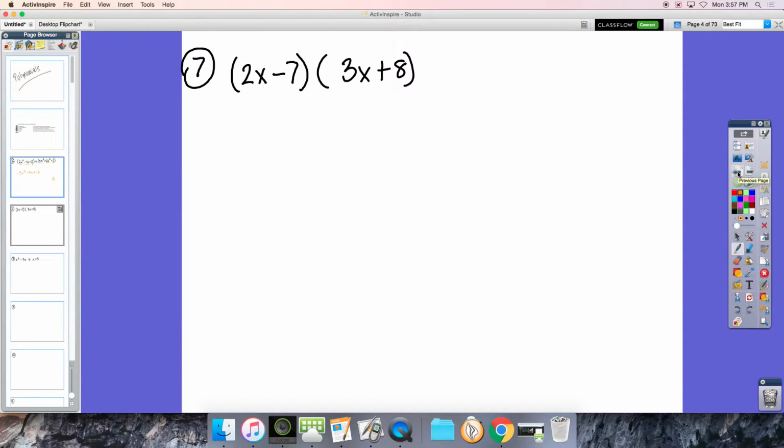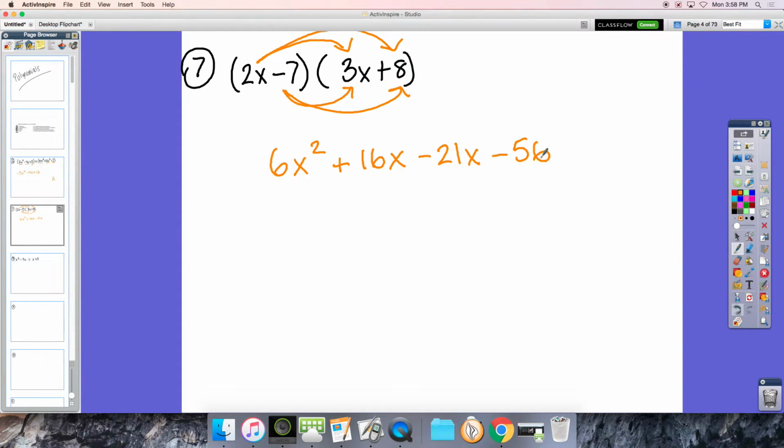For number 7, you're multiplying. You have 2 terms times 2 terms, so you have to FOIL or use the box method. I'm going to FOIL, so 2x times 3x is 6x squared. 2x times 8 is 16x. Negative 7 times 3x is negative 21x. Negative 7 times 8 is